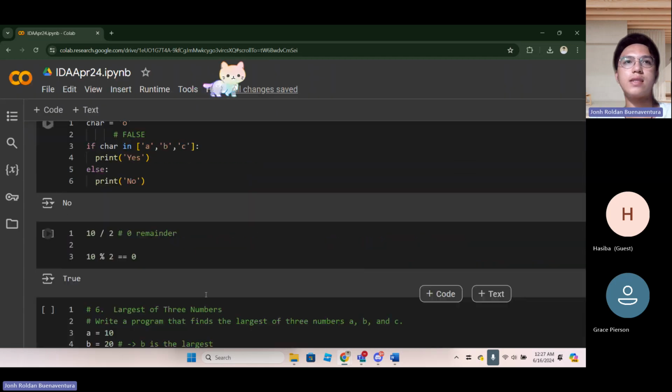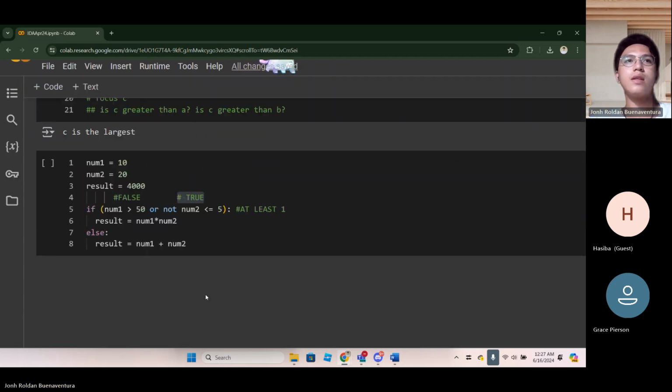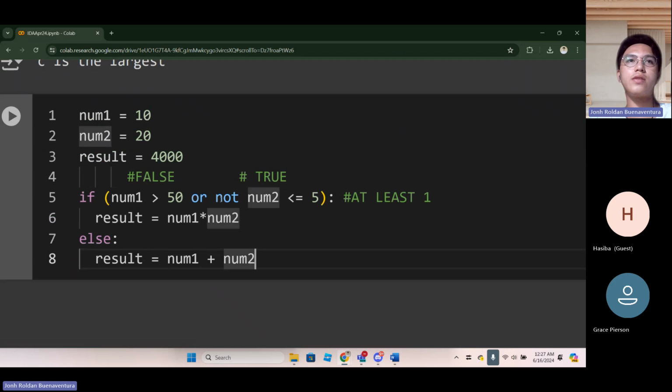The same case as this: one is true, one is false, connected by or. Therefore, this part will be executed. Okay? So, without running this, what would be the value of result if we run this?